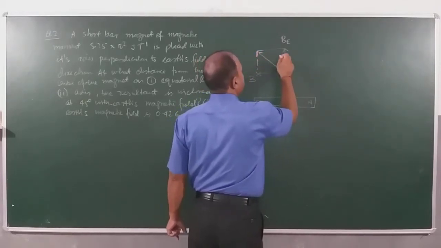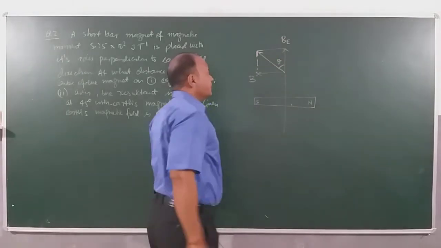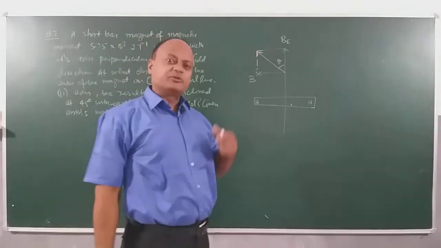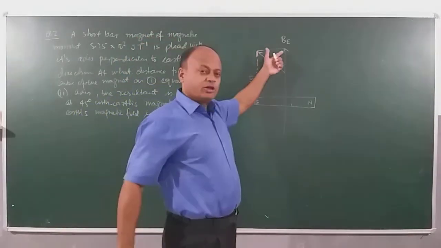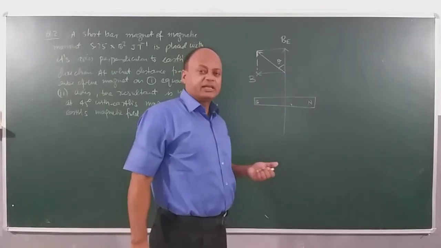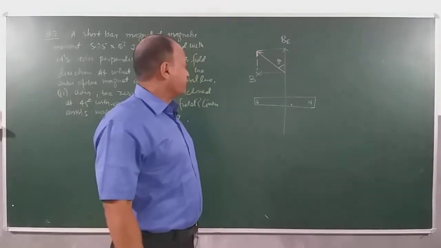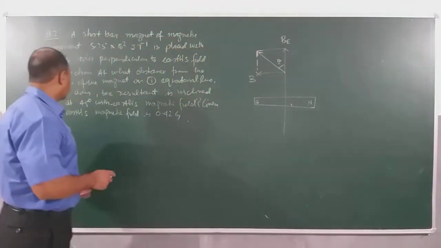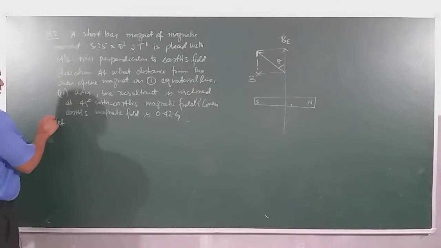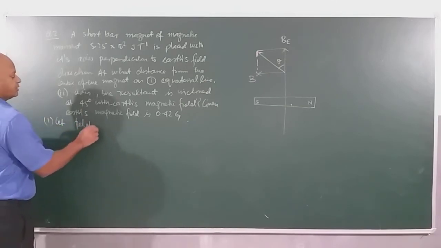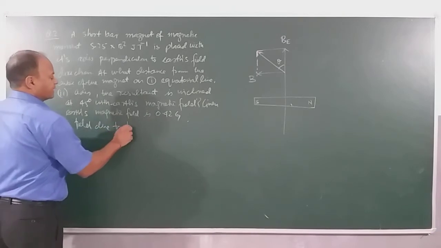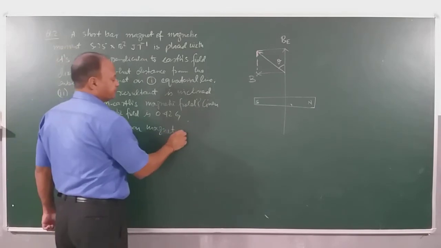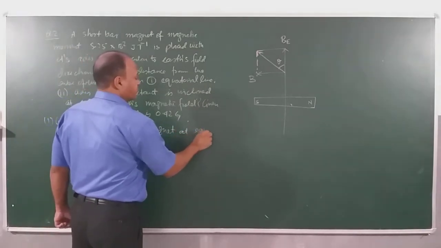This angle is given as theta. Suppose in exam they may not give you 45, they can give you 30 degree, they can give you 60 degree, whatever. So I will solve it by taking theta, and then I will put theta is equal to 45 degree. So you will have a natural general solution for this. So magnetic field due to the bar magnet is how much here? I will say, first part, let the field due to bar magnet at the equatorial line be B.